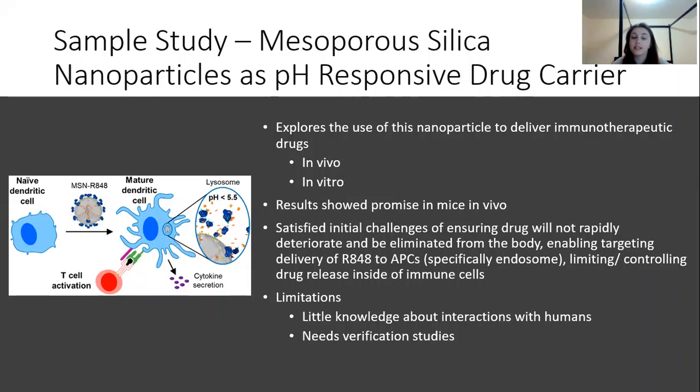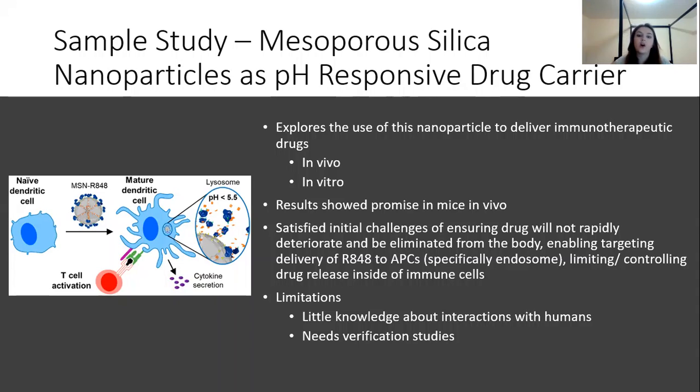So as I was saying earlier, mesoporous silica nanoparticles as a pH responsive drug carrier. This study went into detail and explores the use of this nanoparticle to deliver immunosuppressant or immunotherapeutic drugs both in vivo and in vitro. This study showed promise in mice, but it modeled a lot of what we see across the field: